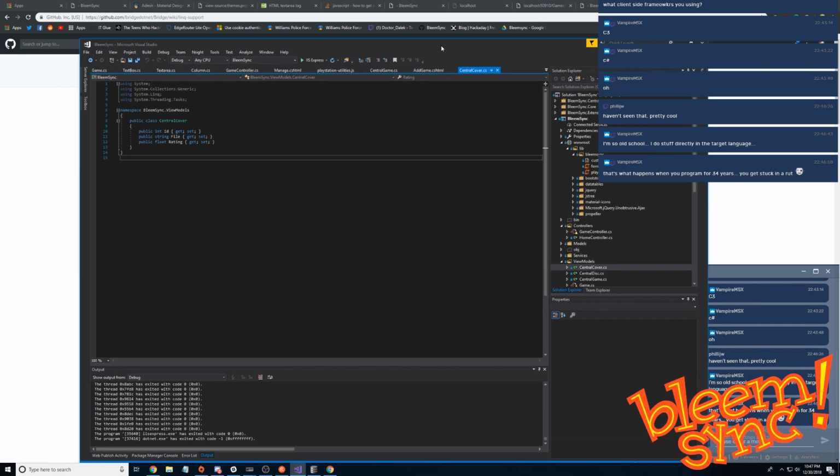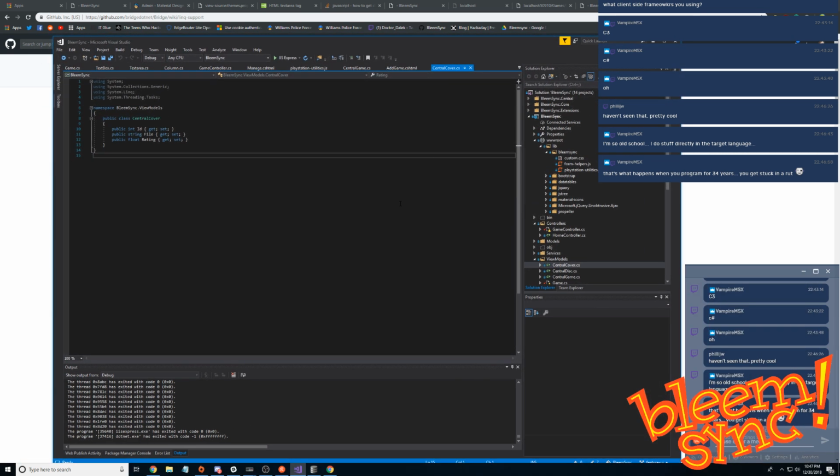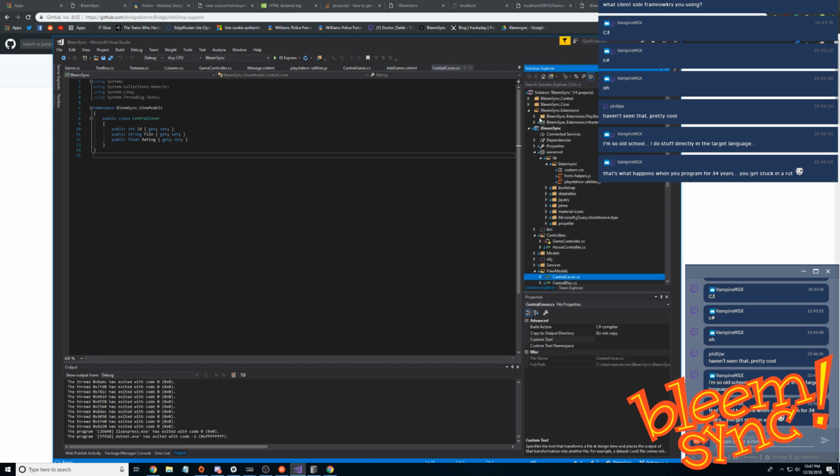I've gone over this many times in the stream. I'll take a few minutes to go over it again and kind of show how this works. Let's see if we have an extension here. I have no idea if this is going to work or not. Database context, utilities, infrastructure. Okay, actually, we're going to have to write this in order to be able to actually upload to the PlayStation